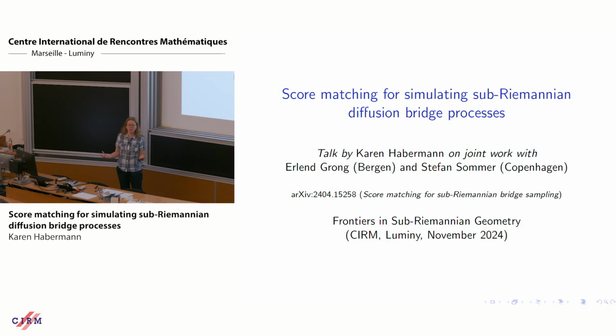A very broad overview of what I'm going to talk about is this: if you take a sub-Riemannian manifold, then you can make sense of a notion of random bridge processes. The idea is you have a fixed starting point where you start at time 0. You have another point where you want to be at some fixed time, say capital T. Then you have some random evolution from the starting point to the end point, and this is a bridge process.